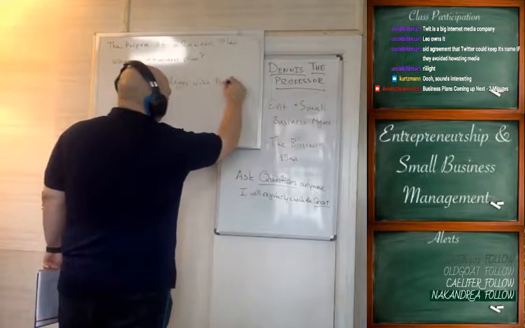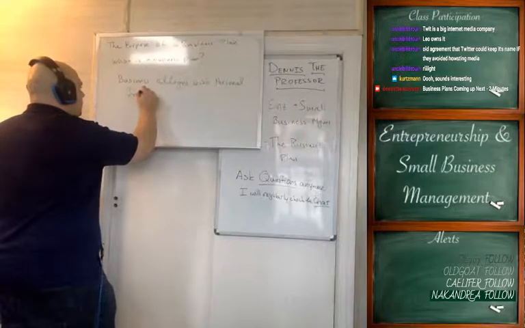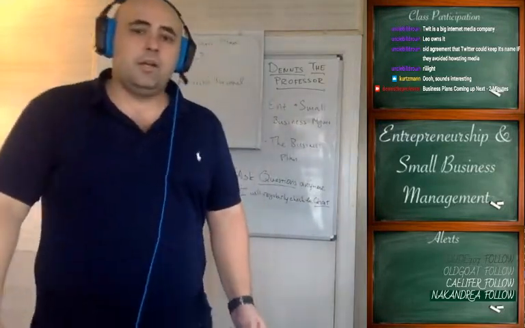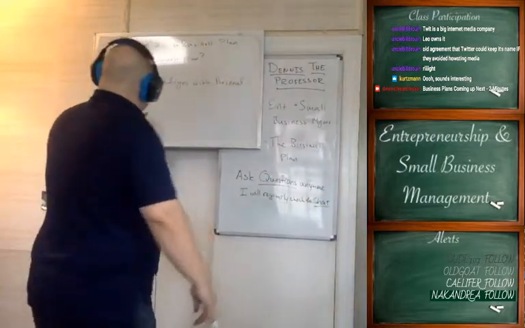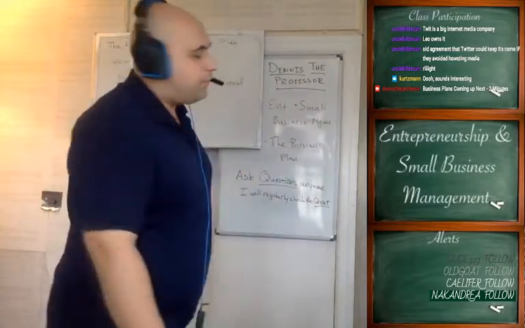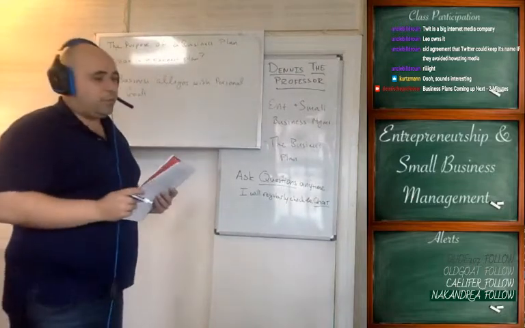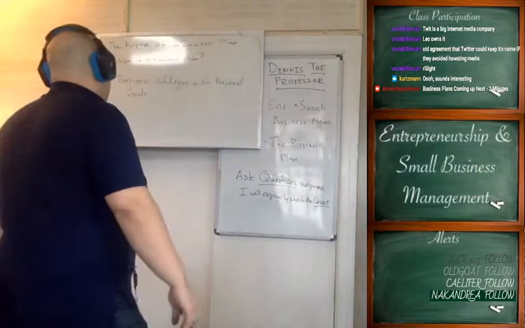And this is going to be a prevailing theme throughout business, because unless something aligns with your personal goals, it's not going to work. So if your goal is to spend a lot of time with your family, starting a business that's going to be taking 16 hours a day for the next 10 years is probably not the best thing for you to do. And you're not going to succeed because it's going to conflict with your personal goals. If your personal goals are to get extremely rich, starting a business that's going to be a non-for-profit is not going to be on your agenda, and so on and so forth.